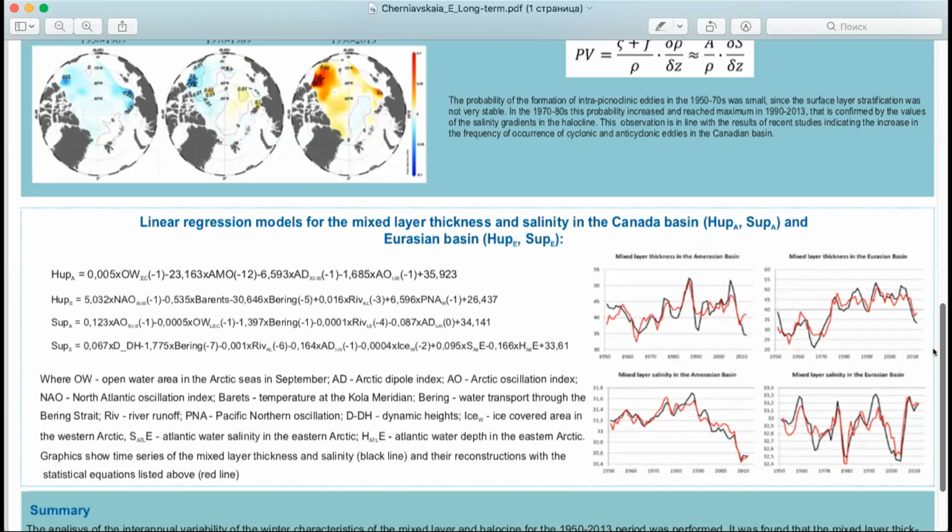Again, it's quite a strong signal, and it's going to be interesting to see in the next decade what will happen to this. But I also wanted to say that atmospheric circulations play a big role in these variations, because as you can see in the equations, there are the Arctic dipole, AMO oscillations and Arctic oscillations, they are all presented. Yes, yes.